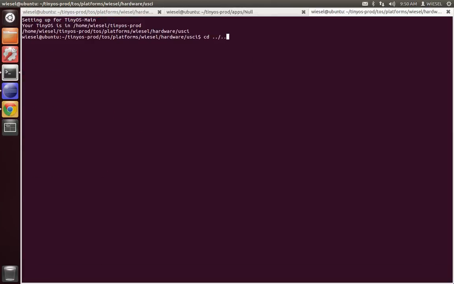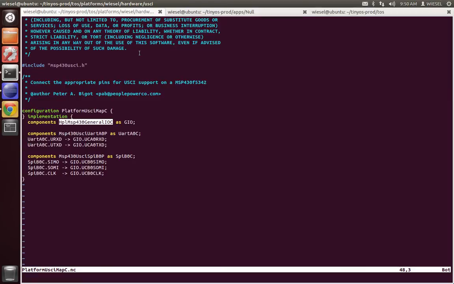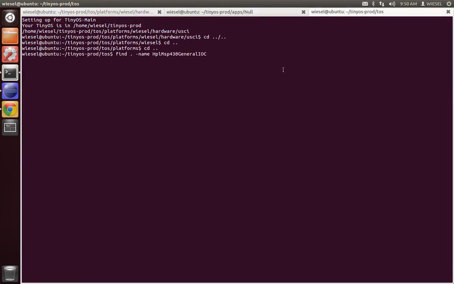Well, now comes the big question. How can we find this particular file very quickly? Now, I know where it resides, but if you ever find one that you don't know, use your good old find in the TOS directory. Name would be, oops, that's not the right file name. We go to the right file name and see, and there it is. So if you look at the chips pins HBL MSP430 General IOC